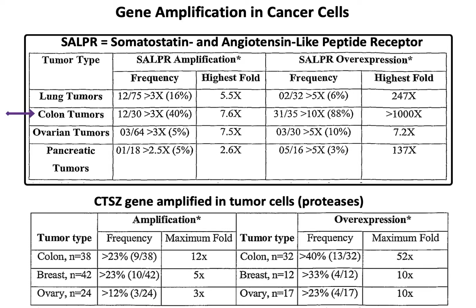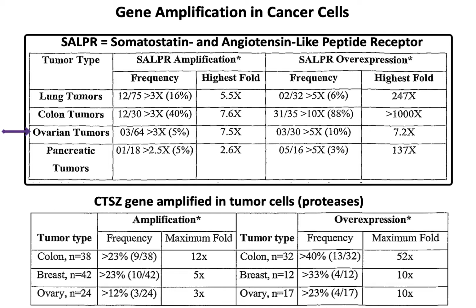Here's one in colon cancer, where you have a high number of genes, copies, so the highest fold is 7.6-fold, but that increases the amount of protein, aberrant protein, by